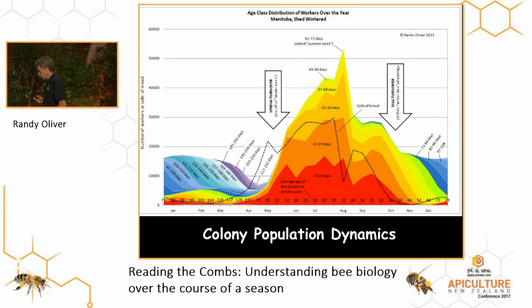So every 12 days he would go out there, he'd measure the amount of sealed brood in the hive, and he would mark 100 newly emerged bees with paint. And then the next 12 days he'd come back, he'd count how many of those newly emerged bees were still alive in the hive and mark another 100 bees with paint. And then 12 days later, do it again, for 30 hives for 2 years.